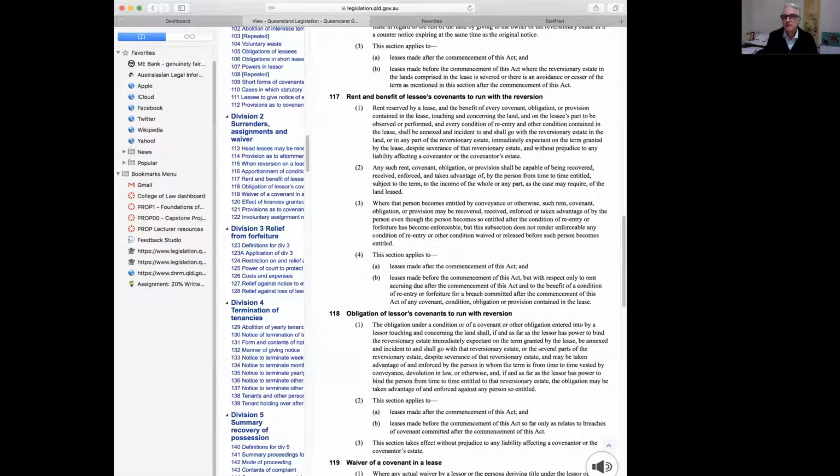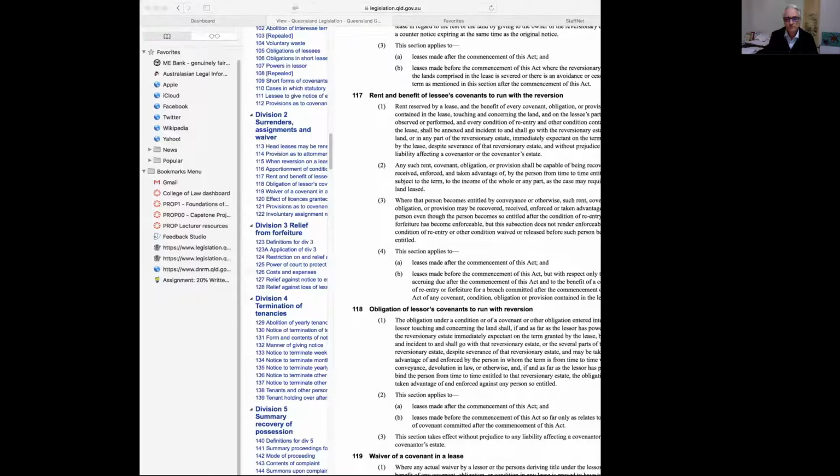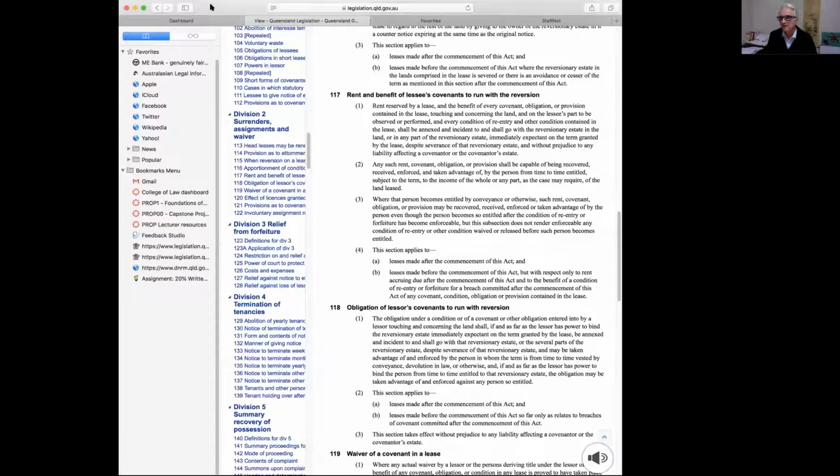Now, the challenge here is that there's been a body of case law that has interpreted this idea of running, to touch and concern the land, and running with the reversion, and what does that mean? So I'm just going to stop screen sharing that for a moment,